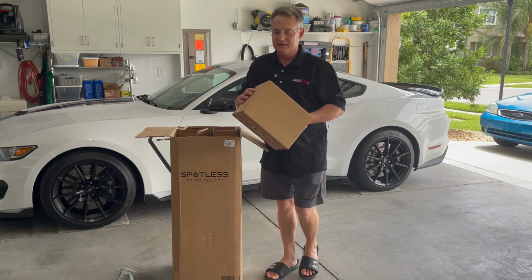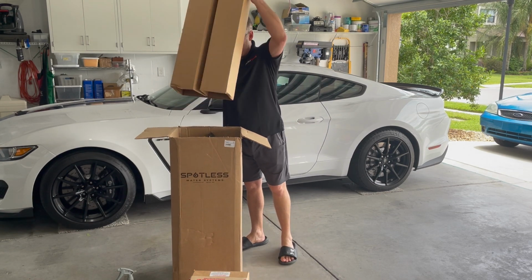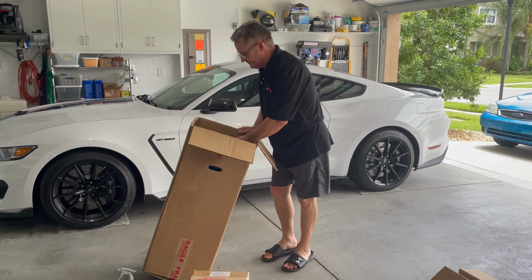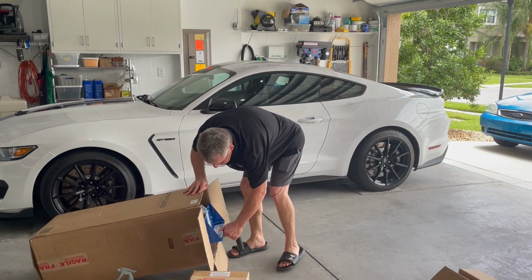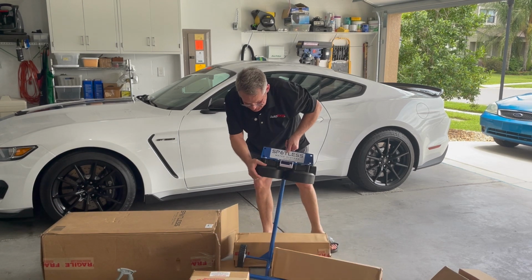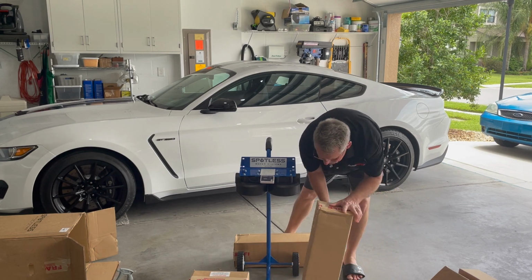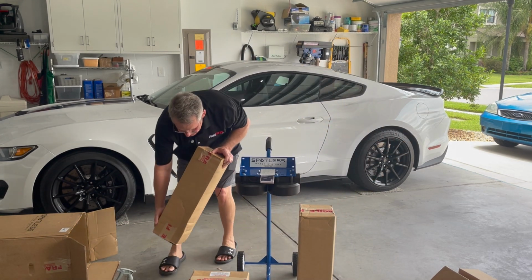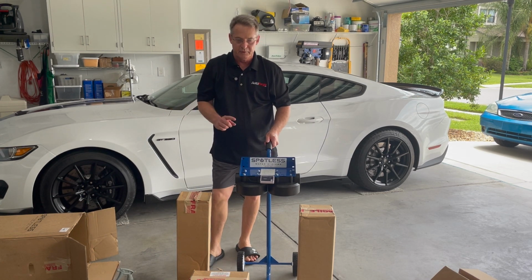You're getting a smaller box that has all the parts to assemble it. The system is actually pretty heavy, so I'll lay it down here so I can get it out of the box. Okay, as you can see, the cart is fully assembled. These two boxes contain the housings and the resin cartridges themselves. So let me change the angle on the camera here and I'll bring you in and show you exactly how